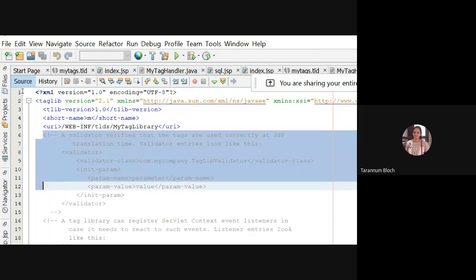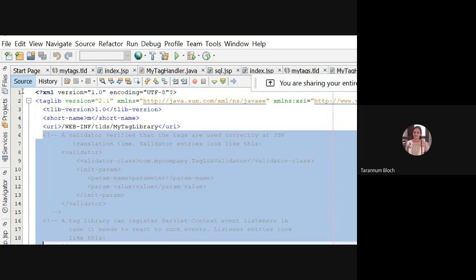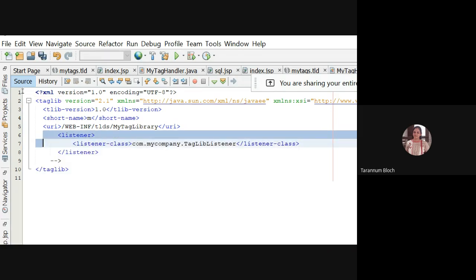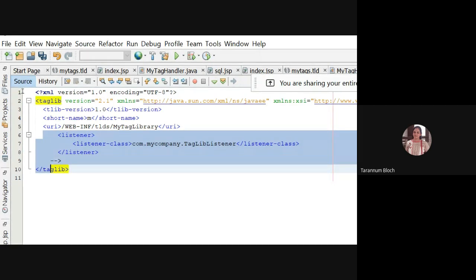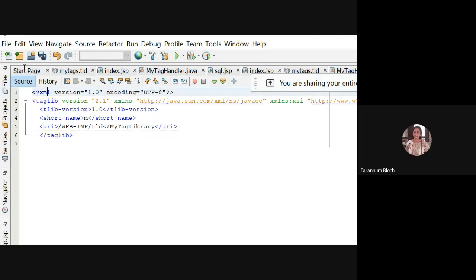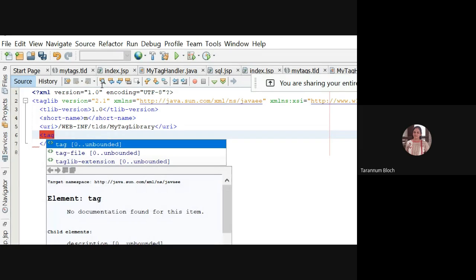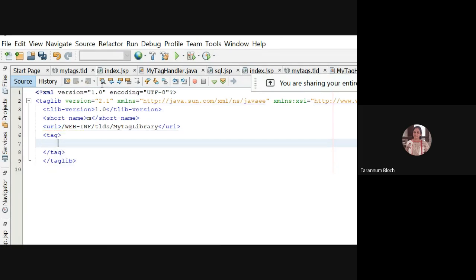Now you can see there are comments given. I'm just removing those comments, and it is describing your file, or you can say the library. First line is XML, second is the tag library. In that it gives the version, which is 1.0 as it is created the first time. Short name, which is the prefix for your tags, and the URI, the path where your tag library has been saved. Now if I'm creating the tag, I can have the tag element to describe my simple tag.